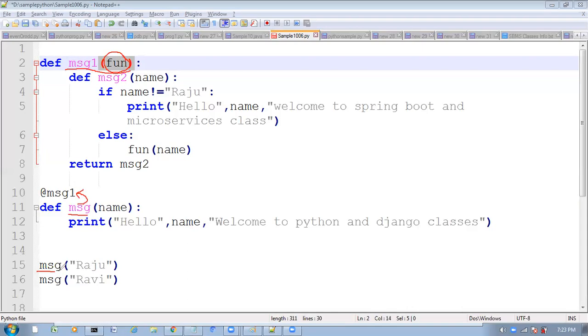Whatever function you are calling, that function will go as the argument to this decorator function. Here, name anything we can give it. Formal arguments mean any name we can give, not an issue.